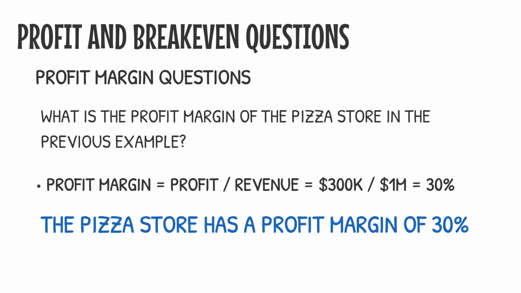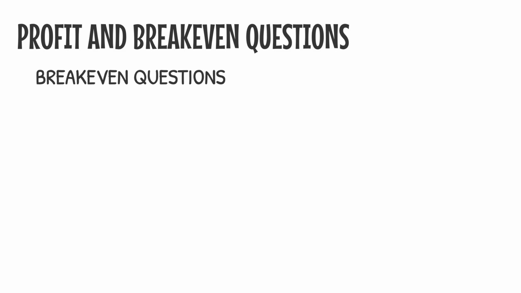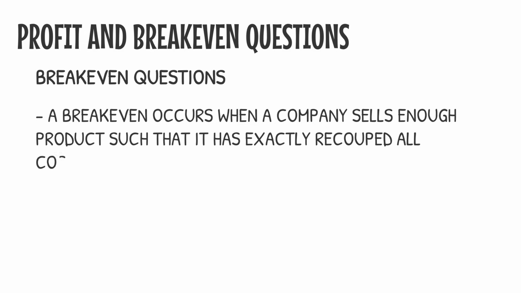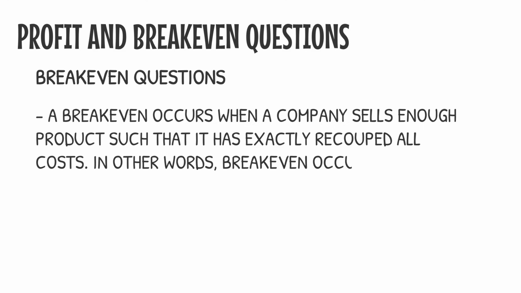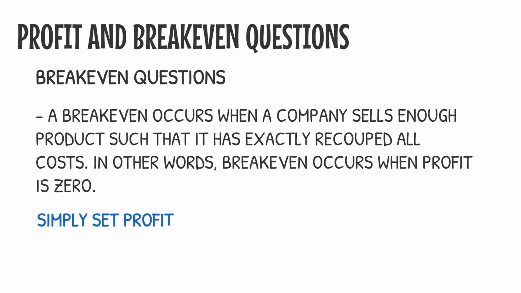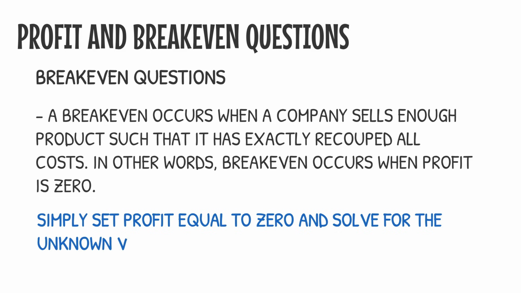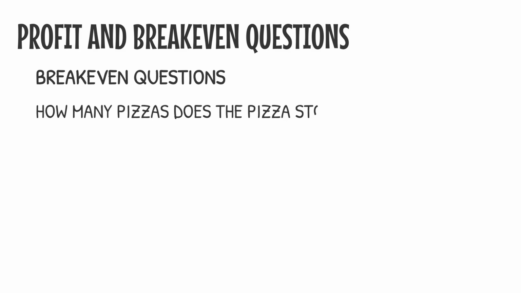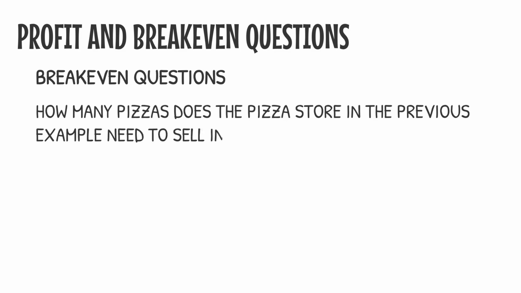The third type of question you may be asked is break-even questions. A break-even occurs when a company sells enough product such that it has exactly recouped all costs. In other words, break-even occurs when profit is zero. To solve for the break-even point, simply set profit equal to 0 and solve for the unknown variable in the equation. Example: how many pizzas does the pizza store in the previous example need to sell in order to break